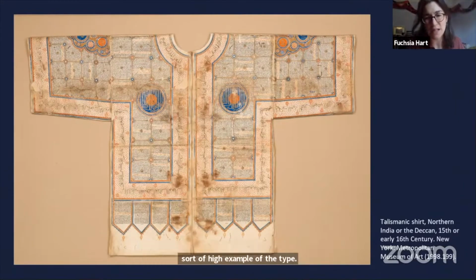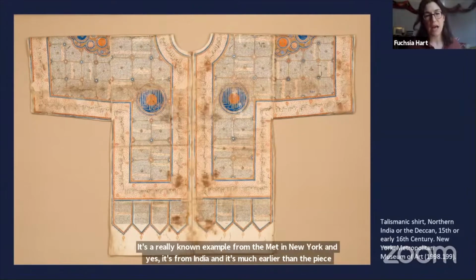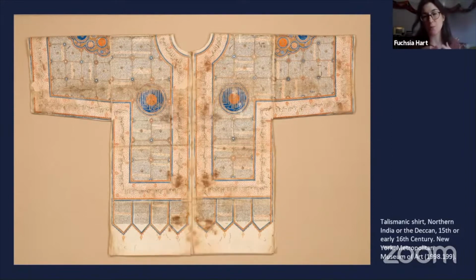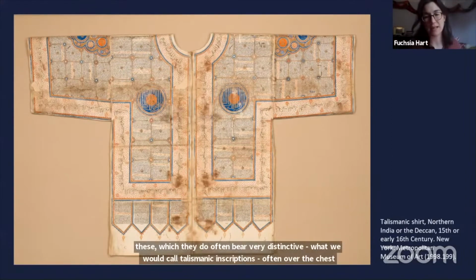And yes, it's from India and it's much earlier than the piece we're looking at. But it's a really nice example of the form of these, which often bear very distinctive what we would call talismanic inscriptions, often over the chest or the breast. And that's something that immediately struck us as interesting about the way the inscriptions are placed on